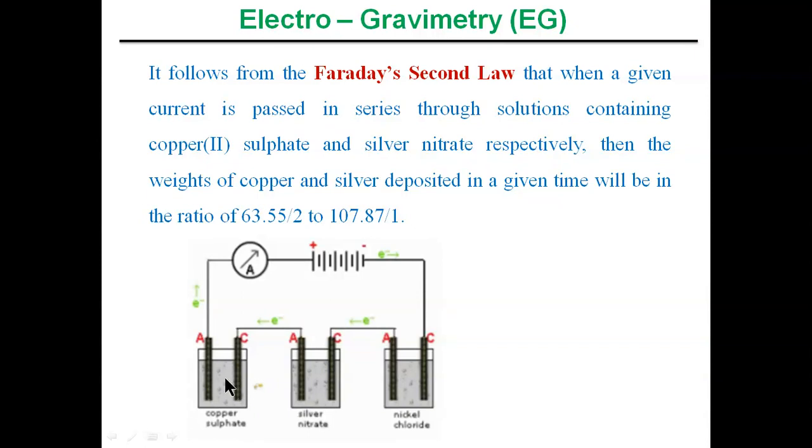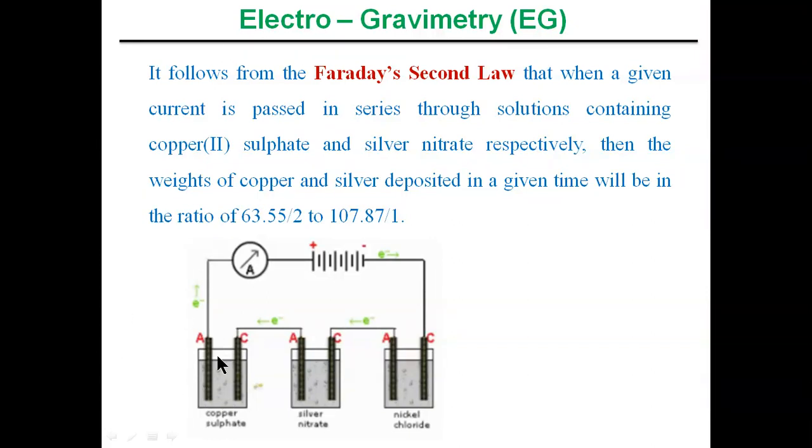For example, the elemental, impure copper which is dissolved at the anode, how does it behave once you apply the electric potential? It is oxidized to copper plus 2, and at the cathode the same copper plus 2 is deposited by reducing. So it is oxidized to copper plus 2, and then again reduced to copper 0. This means the number of electrons involved here is 2, because the charge of the copper is plus 2.